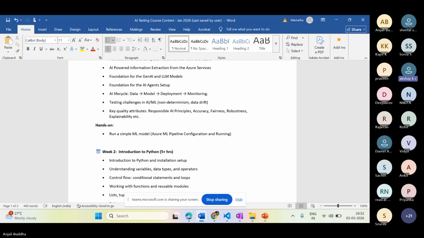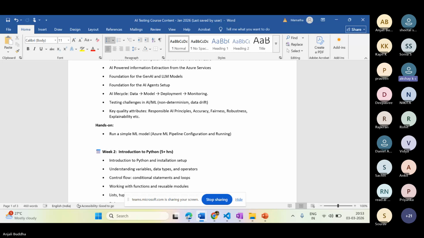Anything related to tools like DeepEval or OpenEval? Because RAG we are covering as part of that. I don't have much knowledge on that side, the tools. So these two are used for a similar purpose, so you are covering that as well, right? Yes, yes, I'm covering that. Oh, okay, got it. Thank you.